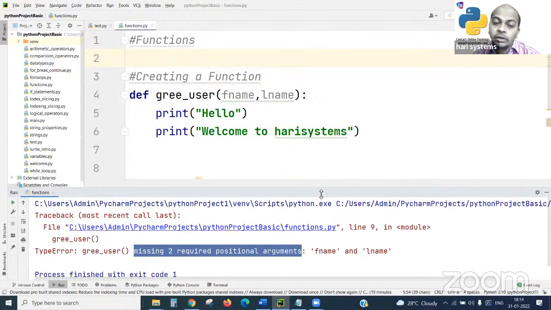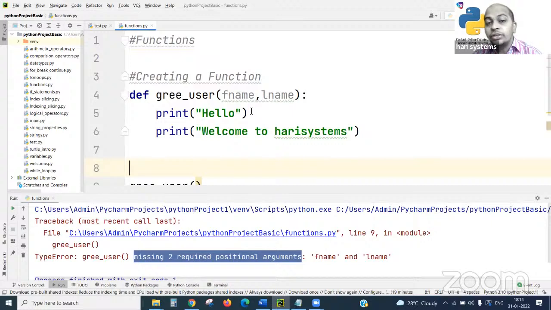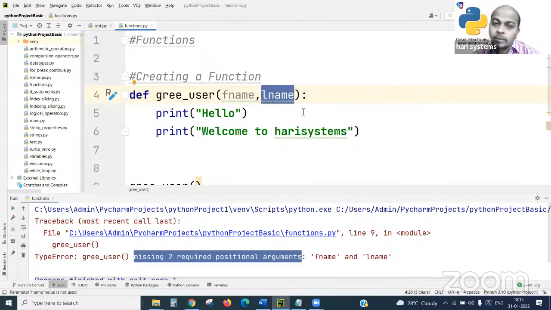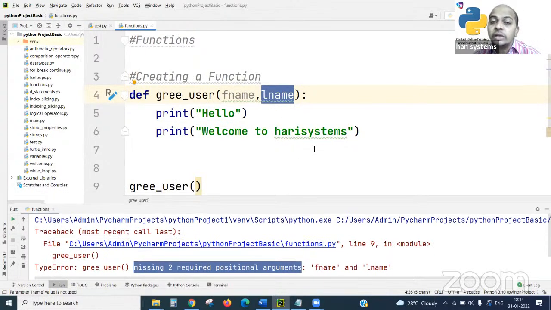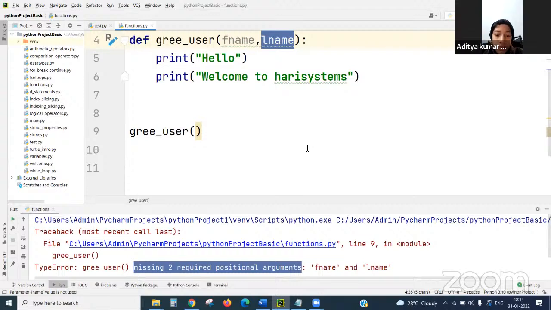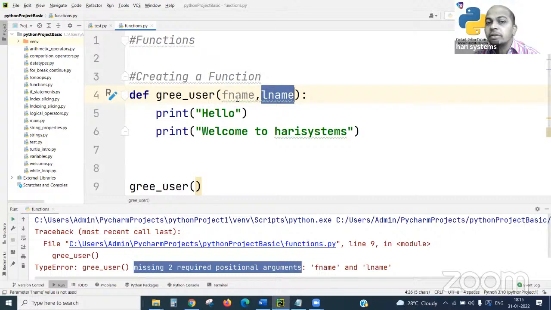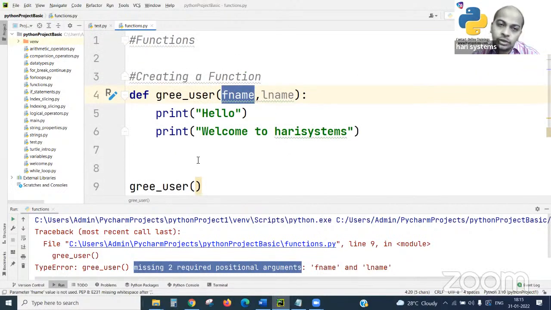It's a very important point. Positional arguments means we have written one parameter here, and based on a comma, the second parameter we have written here. So accordingly, you need to send the data in the same order you placed them here. So this is very important. Let's see an example, and you will understand why it is so important.